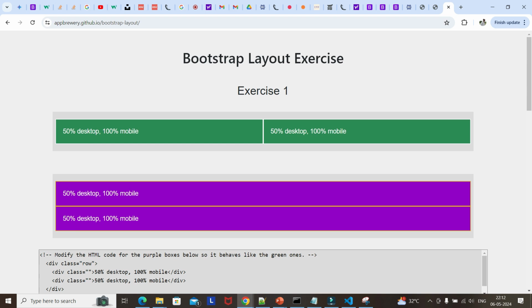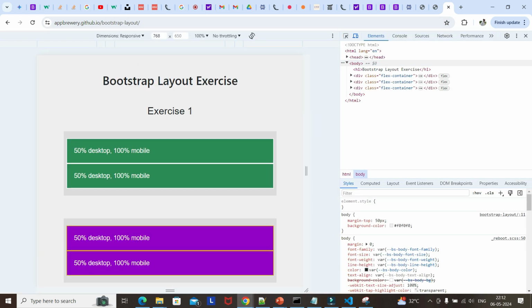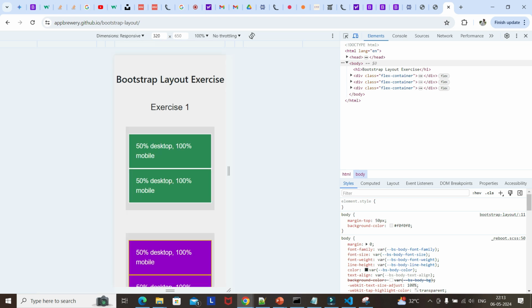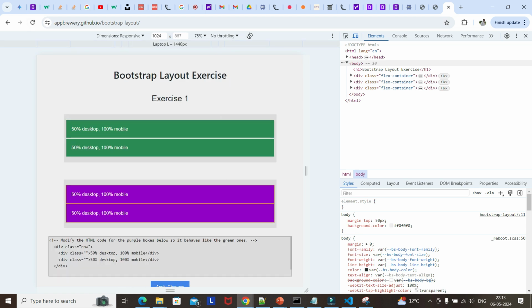If you see this in the desktop size, the laptop size, it is working as expected. But if I just open F12 and go to responsive mode, if I change to mobile, every column took 100%. If I change again to tablet also, it took 100%. But again if I change to laptop,